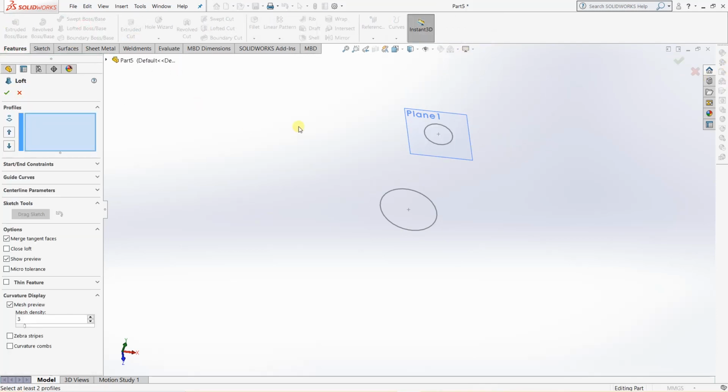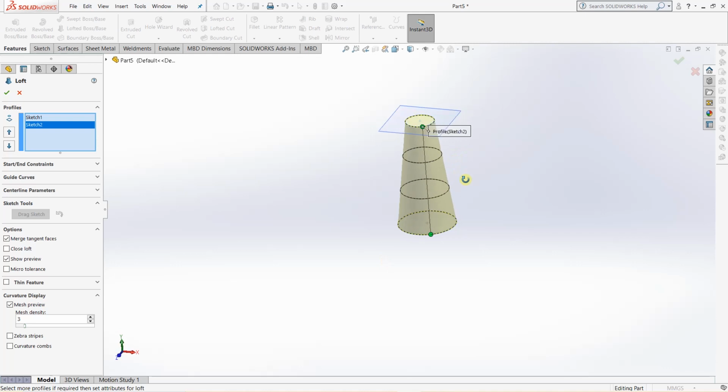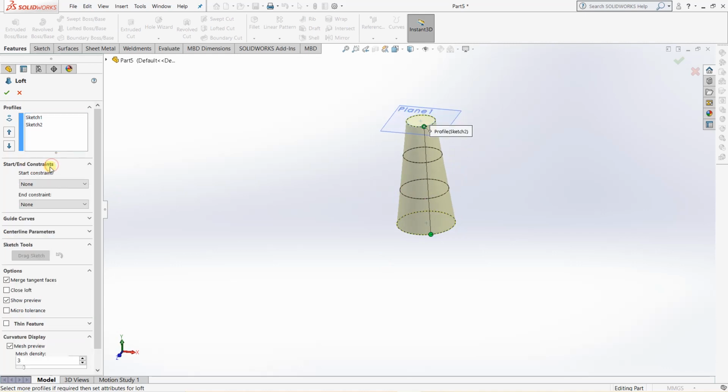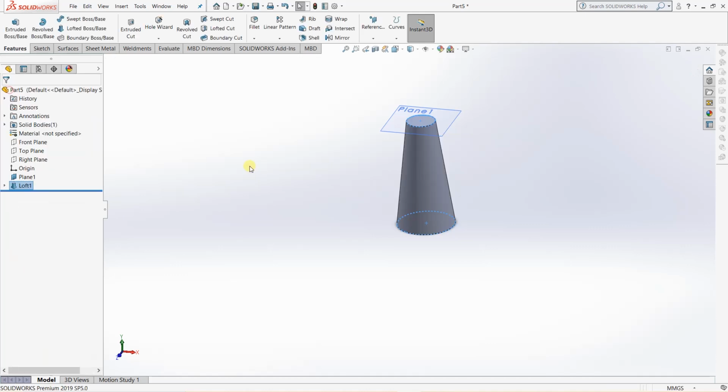Go to lofted boss base. Select both the profiles, so you can see the preview here. Go to start and end constraint. The start constraint will be the first sketch you have selected, and the end constraint will apply to the second sketch you have selected. Suppose you want to interchange both the start and end constraint, then simply click on sketch 2 and move up. So now the start constraint will be applied to sketch 2. I want the end constraint to be sketch 2. So let's click on OK. So we have created the loft, but